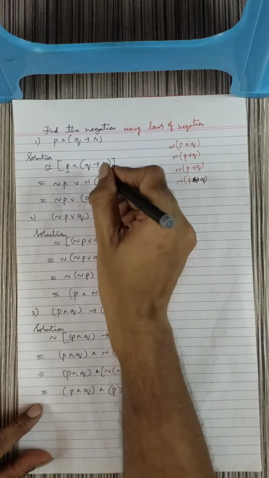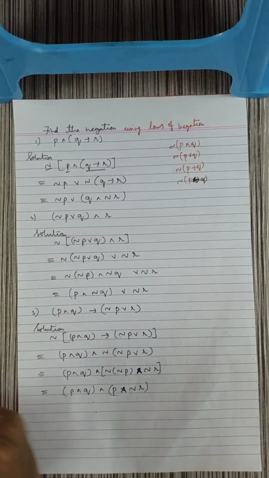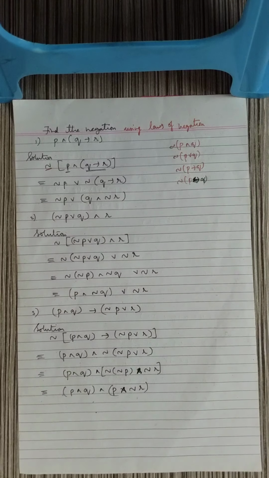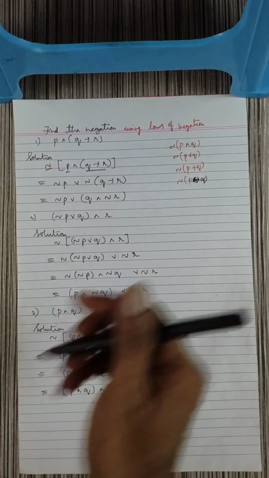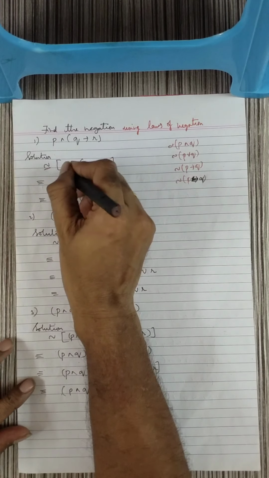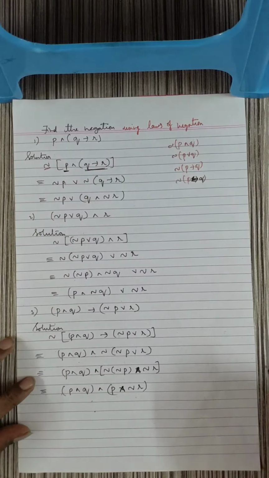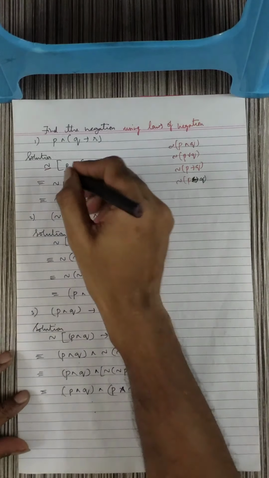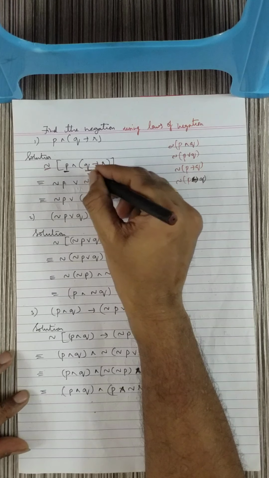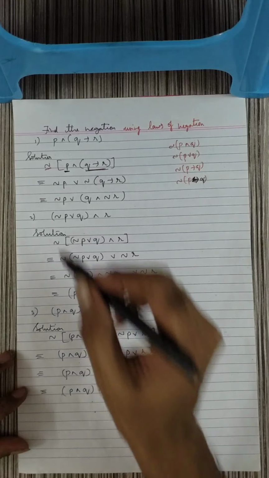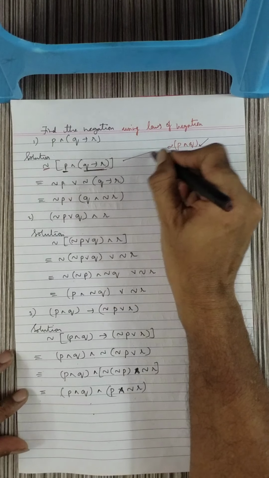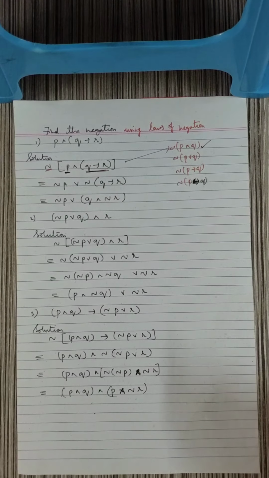Now if you see this sum, there is a negation sign outside and this is one part and this is the other part. One part is P and the other part is Q implies R. So this will stand for P and this entire thing will stand for Q. So the question is reduced to this form. It is reduced to the form negation of P and Q.